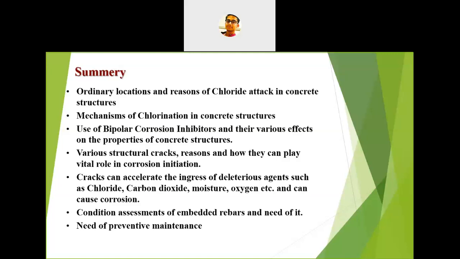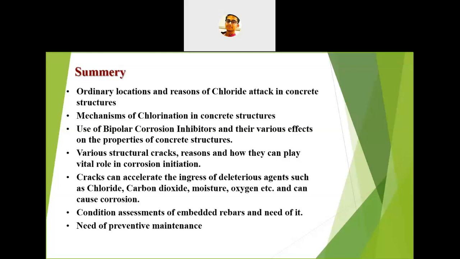and how to assess with different types of tests, not in detail but in brief. We have seen the different tests for assessment, and the need for non-destructive testing in concrete systems. We also saw how to determine the cross section loss, and the hindrances in that topic. After that, we saw preventive maintenance, why it is important, and how things